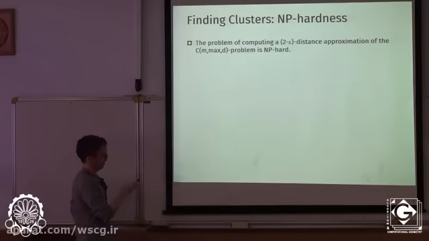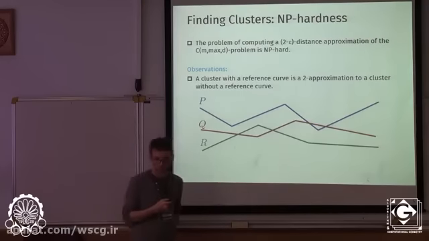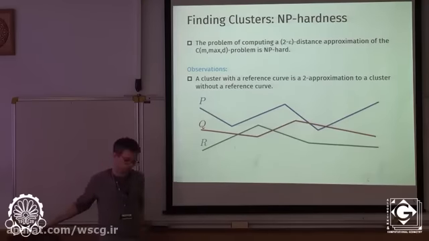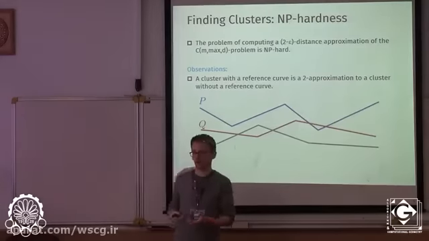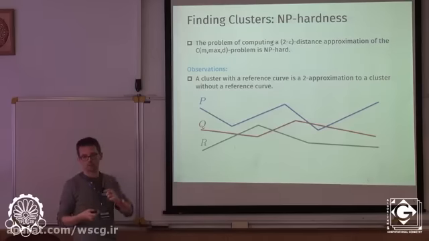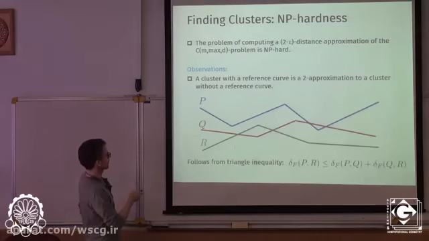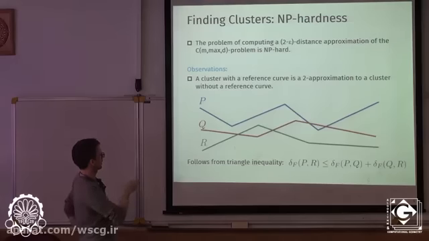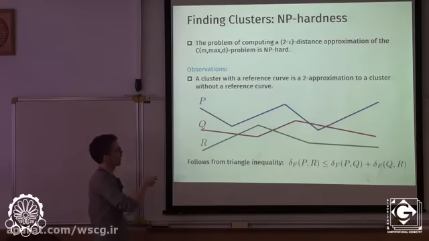But what you can see is that if I look at a slightly different problem, then that actually gives me a 2 approximation for my original problem. The different problem that I'm looking at now is I want to cluster with a reference curve. So what that means is that I'm not looking at pairwise distance. I'm not saying that within a cluster every pair of trajectories has to have a distance below d. But now I'm saying there should be a curve, which in my case is q, such that everything in the cluster has distance at most d to q. And then using triangle inequality,